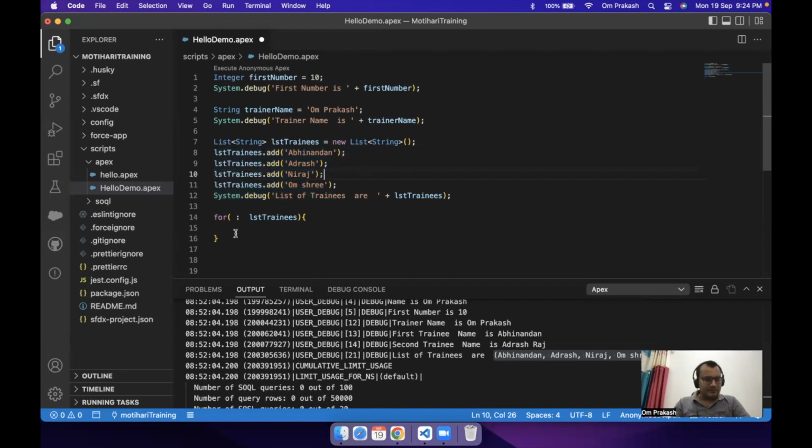वी आर गोइंग टू प्रिंट। तो फॉर दैट वी हैव टू राइट फॉर लूप फॉर एक्सेसिंग द एलिमेंट फ्रॉम द लिस्ट। देयर इज ए कॉलन हियर, देन कौन सा लिस्ट, तो ए लिस्ट। ए लिस्ट क्या होल्ड करता है, देखिएगा, स्ट्रिंग होल्ड करता है। यानी इस लिस्ट से मैं कुछ निकालूंगा तो क्या आएगा, स्ट्रिंग आएगा। इसको कॉपी कीजिए और यहाँ लिख दीजिए स्ट्रिंग स्पेस, एक छोटा सा नाम दे दीजिए, मे बी नेम, स्ट्रिंग नेम कॉलन लिस्ट ऑफ ट्रेनी, और यहाँ पे फॉर लूप के अंदर प्रिंट करते हैं सिस्टम डॉट डिबग नेम इक्वल टू, और यहाँ पे अंदर में लिखते हैं इक्वल टू प्लस नेम। कौन सा नेम, ये वाला नेम यहाँ